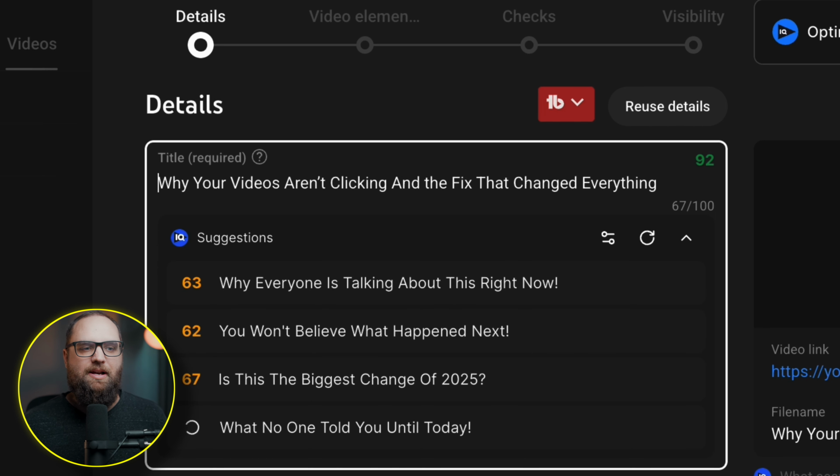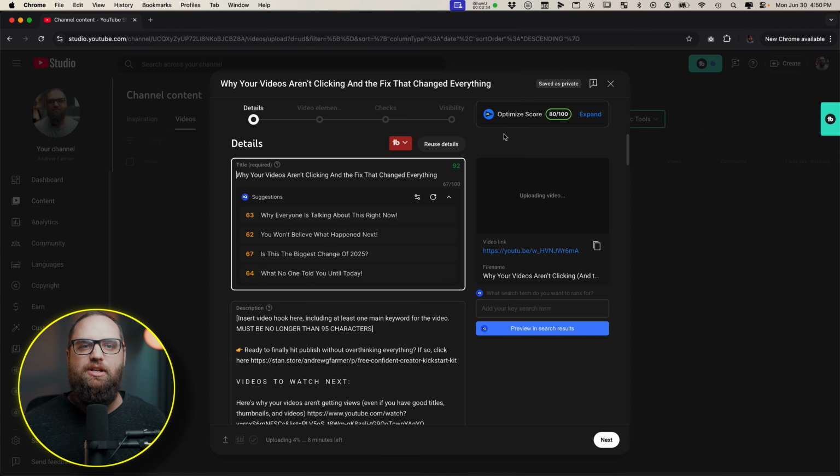If you see the optimized score or the things with the vidIQ, vidIQ has a free extension for Google Chrome that you can add to YouTube, and it gives you some analytics or some of their algorithm optimization type things to help you get a better score on your titles or your descriptions,